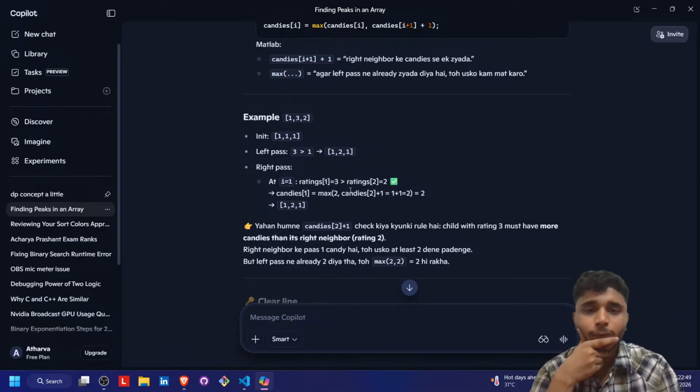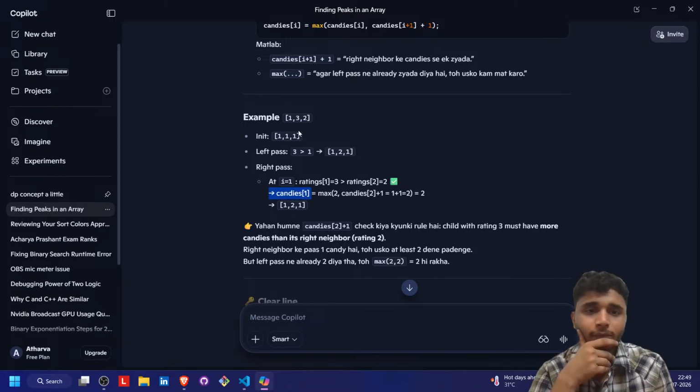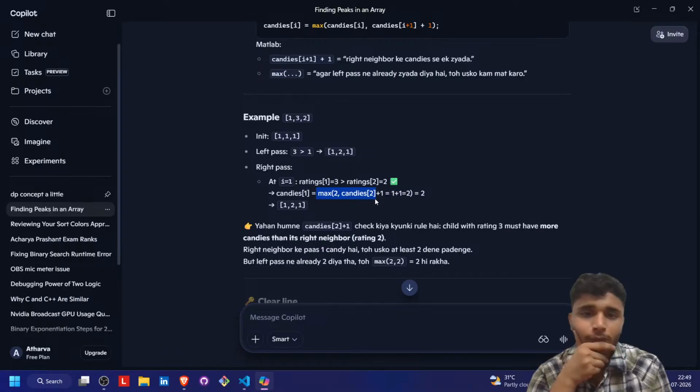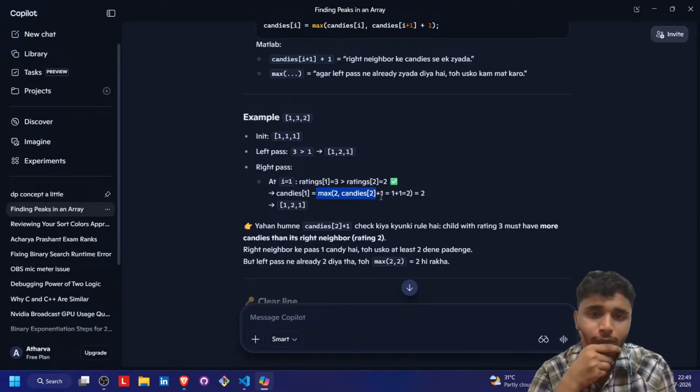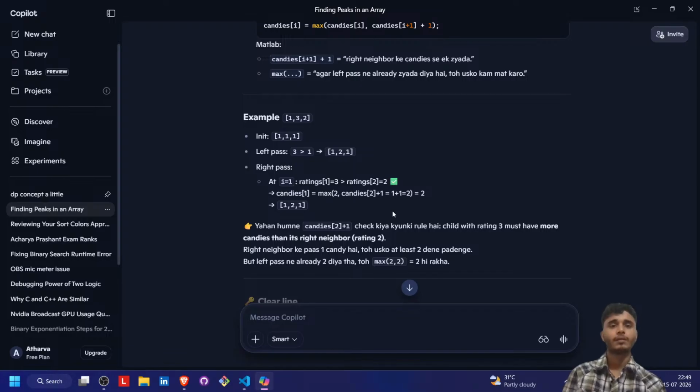3 is more than 2. Yes, candies at index 3 will be like here. It's 2. Already it has been 2. Mm, max of 2, candy 2 plus 1, plus 2 plus 1 is equal to max of,